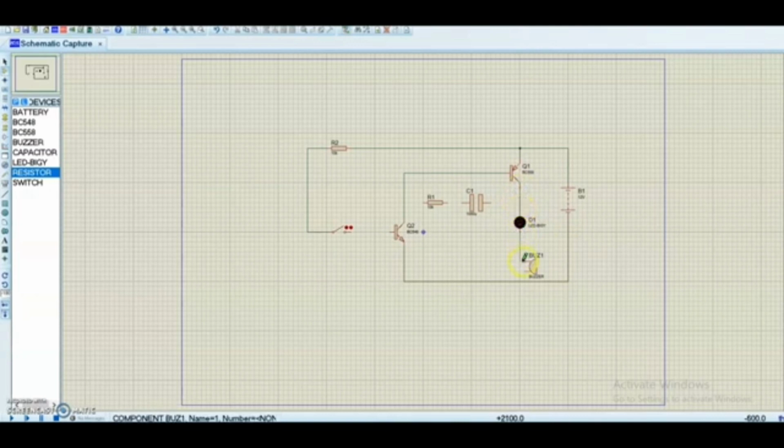Transistor 1 emitter side is connected to the LED. LED and buzzer are connected in series. Capacitor and resistor are connected with transistor 2.